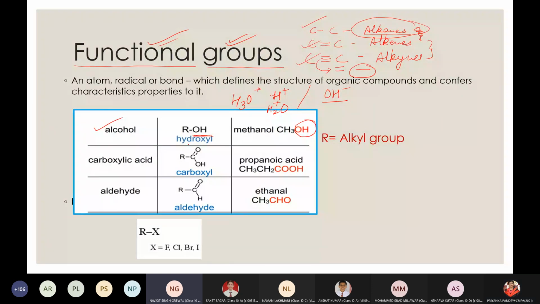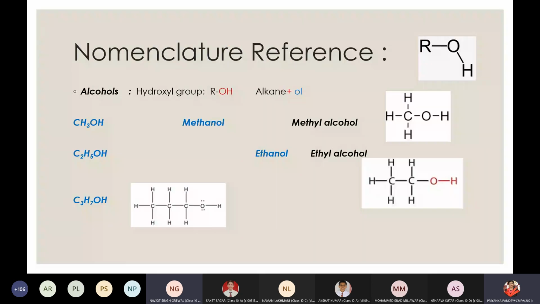So that is called alcohols. There are many functional groups we are going to discuss. Carboxylic acid and aldehydes are the main groups. And then we are going to have the substitutes, like when hydrogen is substituted, we'll talk about that in the further slides. When we talk about alcohols, children, as we have done in alkanes, CH4, one carbon atom, it was meth. And because it belongs to alkane, the end part was ane. Whenever we talk about these substances, when they have OH minus ion or OH radical present, for the identification of organic compounds,